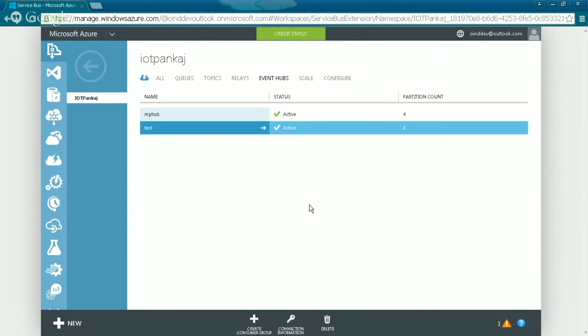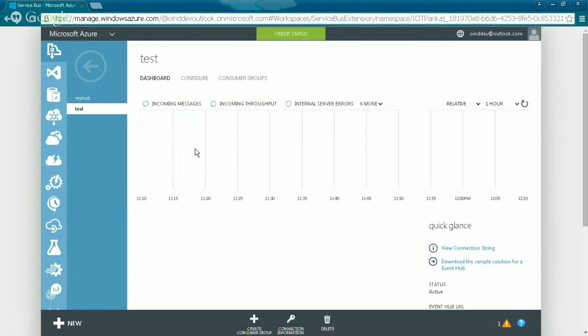So I'm using this one for demo purpose only. And you see, I am using the test hub. Inside the event hub, if you click on the test, it will show you the activities on server side.